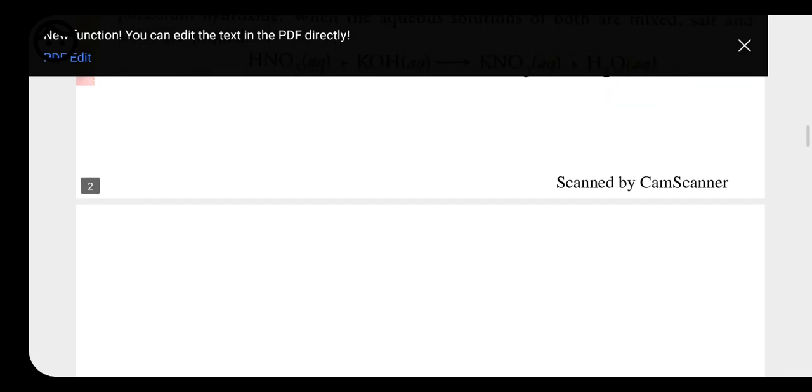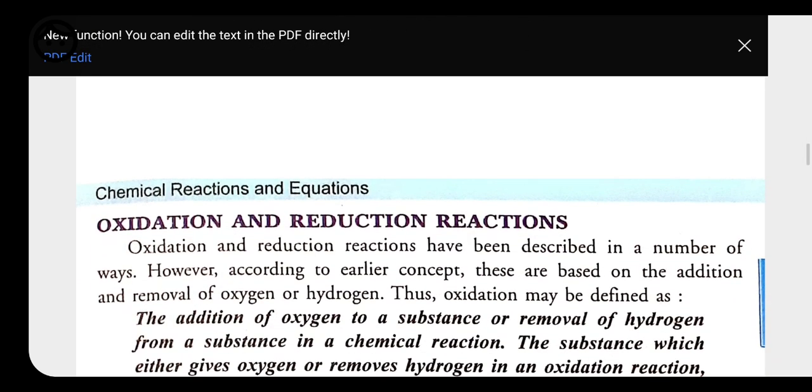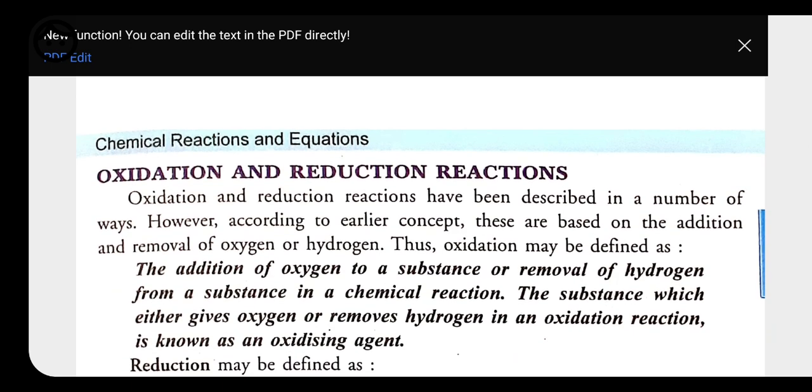Okay, now we have the last type of chemical reaction, that is called oxidation reduction reaction, which is also called redox reaction. So what do you mean by redox reaction? Whenever we are talking about most of the reactions that take place near us, these are all a result of oxidation and reduction. Because oxidation and reduction is what?